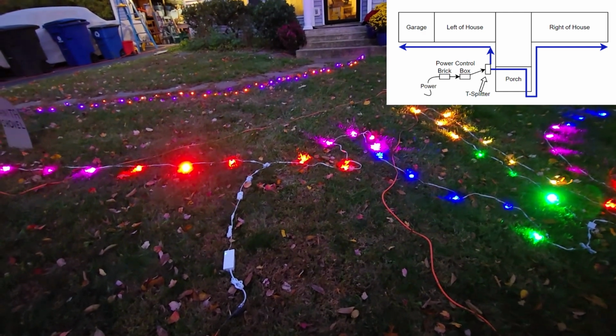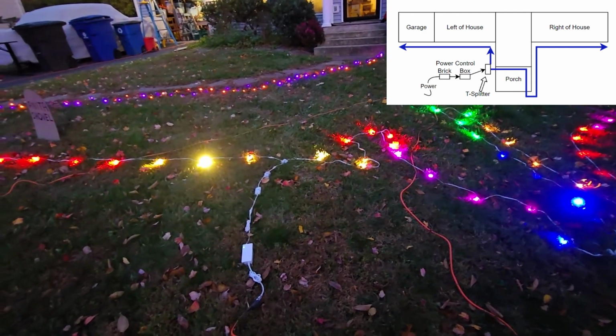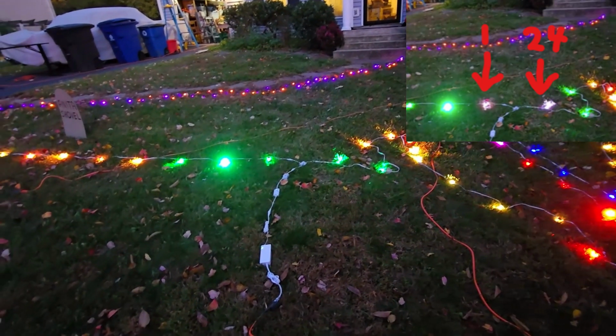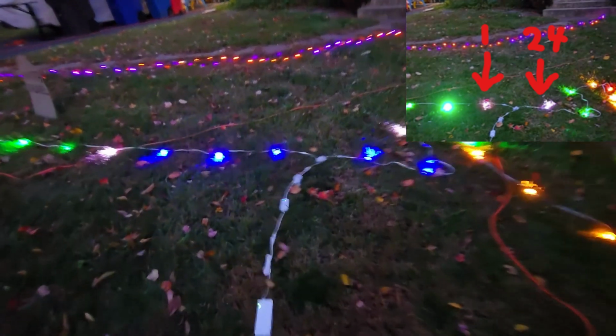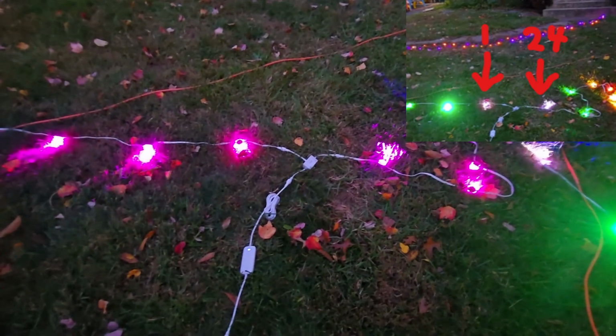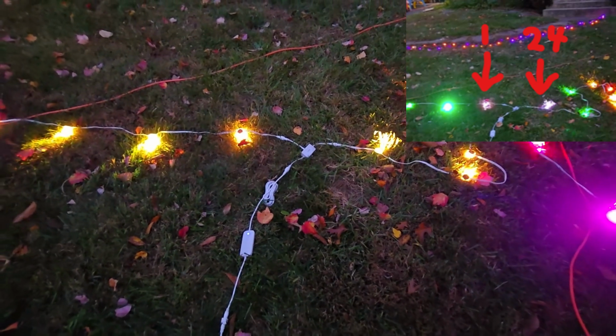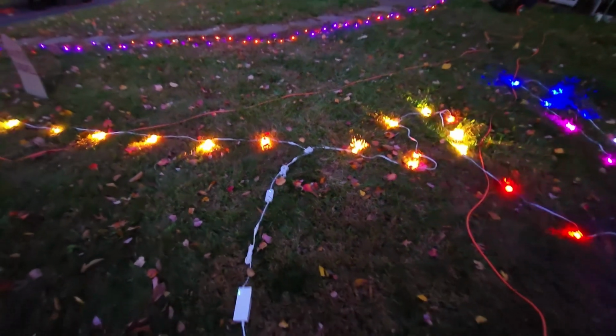And we confirm this by setting number 1 and number 24 to white. And yep, the 1 and the 24 are right either side of that splitter. So the one on the left is number 1, the one on the right is number 24. And they'll both light up white at some point during this string. But